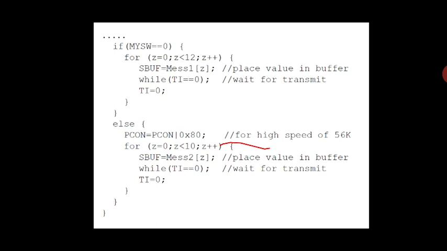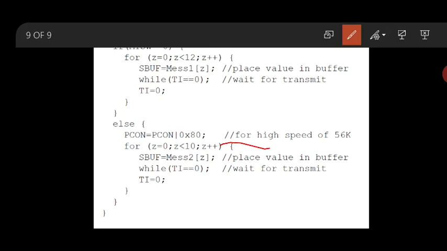How long? Until all the bits are transmitted, TI will be 0. When it reaches the stop bit of H, TI will be high, so the loop will be broken here. Now again it will go to the loop, because z will keep on looping for the 10, because we know how many characters are there in mesh 2, provided you can also calculate it by using length. I hope this concept is clear in the C program.